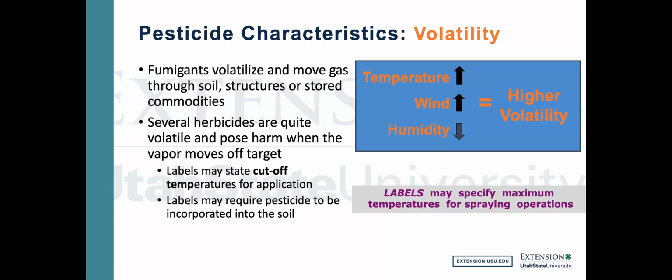But also, several herbicides are quite volatile and they pose harm when the vapors move off target. Now, to avoid this off target movement, you will find on many labels that there are stated cutoff temperatures for application, a temperature above which you should not apply your herbicides or your pesticide in general, because it will volatilize off. And if you apply an herbicide above these temperatures, it's going to volatilize off, which means it's not going